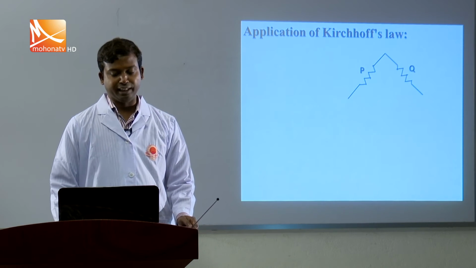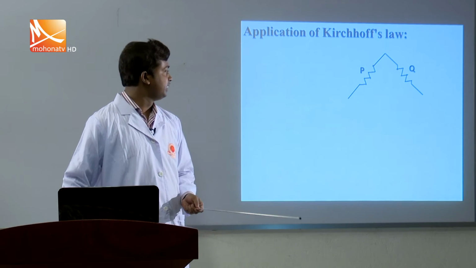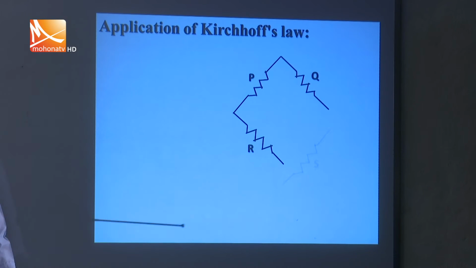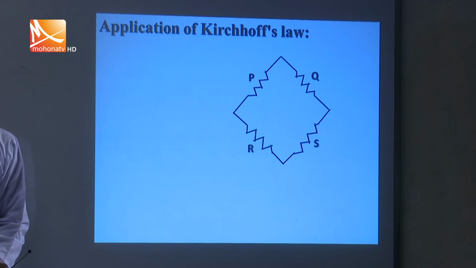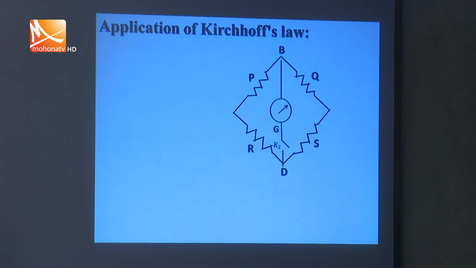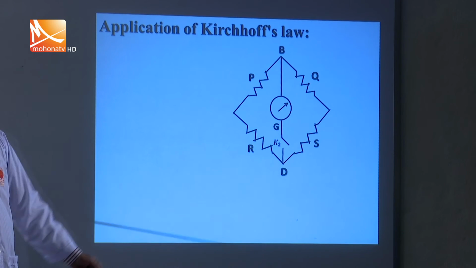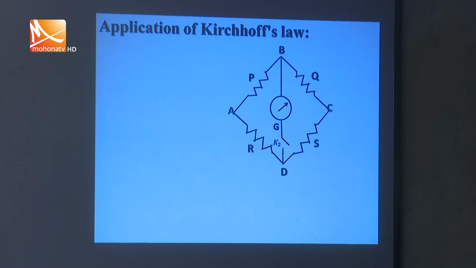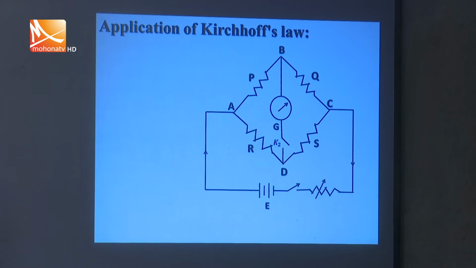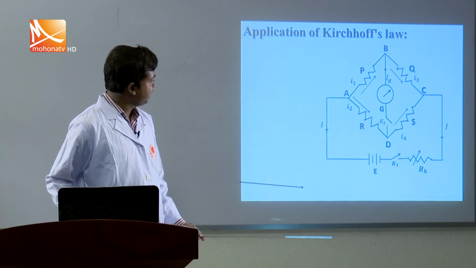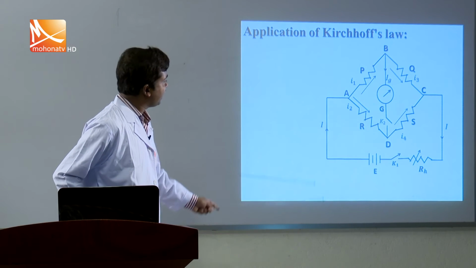This is a resistance P, another resistance Q, these two resistances are in series combination, another resistance R, and the last one is S. So, these four resistances are in series combination, making four terminals, and two of these terminals are B and D, and they are connected by a galvanometer of resistance Z having a key K2, and the other two terminals A and C are connected by a source and rheostat and another key K1. Basically in this case the cell supplies the current I, and this